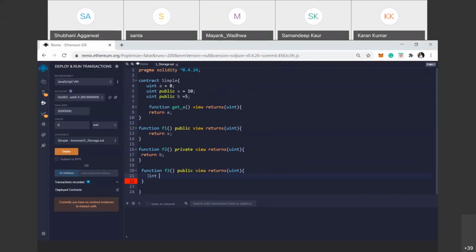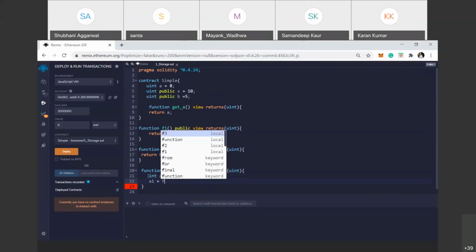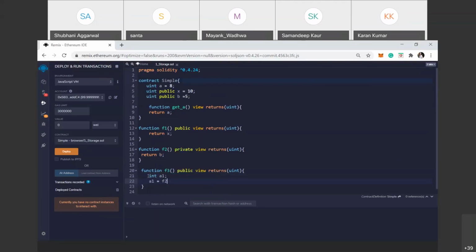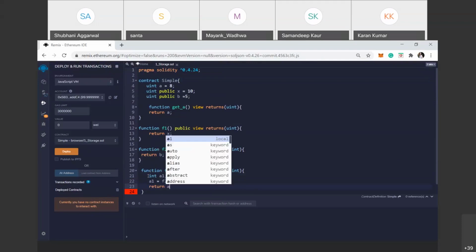Suppose here we declare one variable a1, and a1 is equal to calling function 2. And return a.